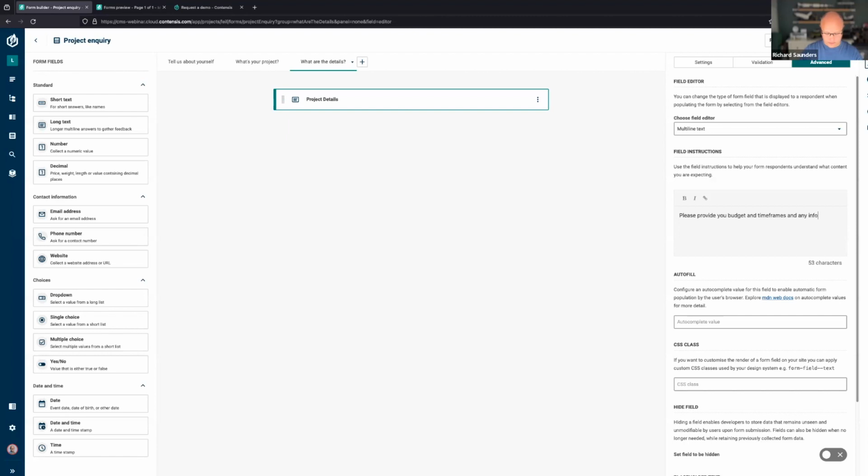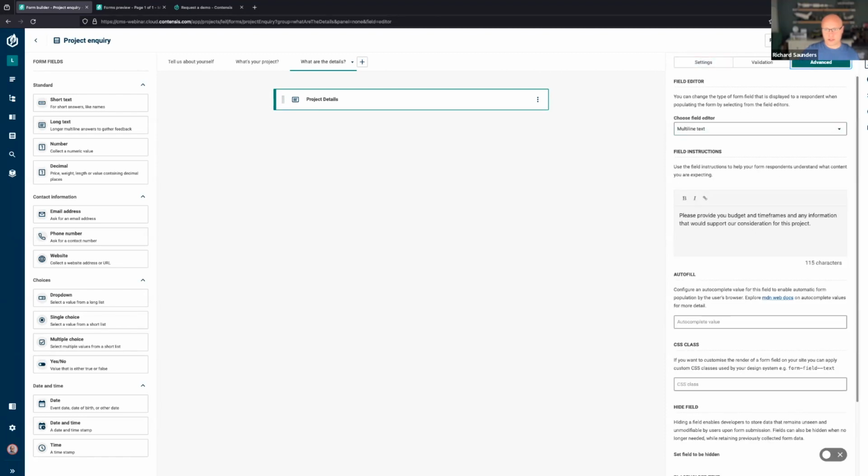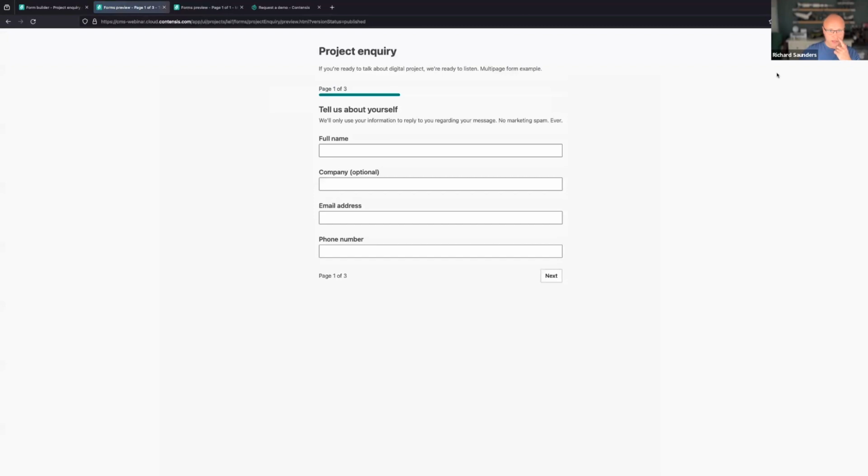and any information that would support consideration. This project, save. Earlier on, I showed you that you could preview a form in like the latest mode. You can also preview the form as if this form was published. Now, I've just made a change to this field instruction. So if I preview the published version of this form and I get to the next page,